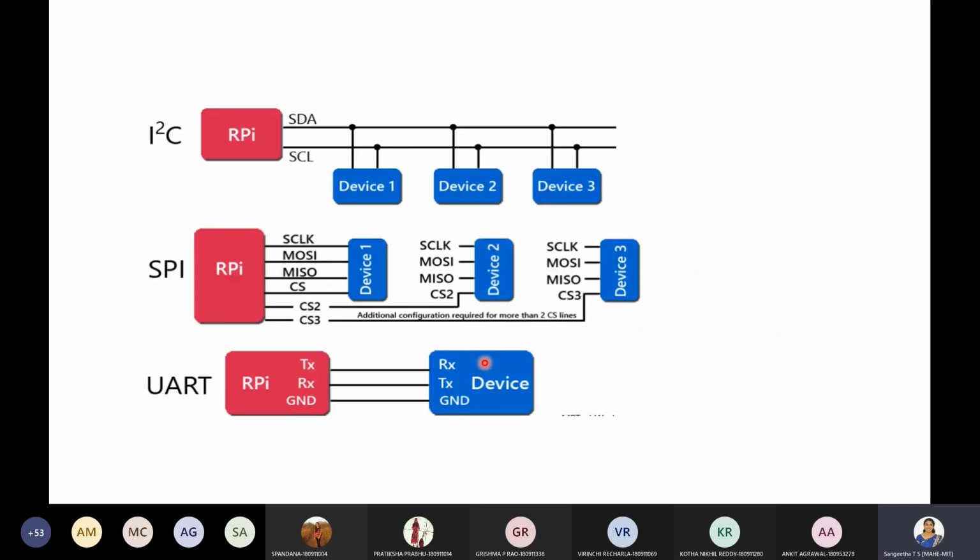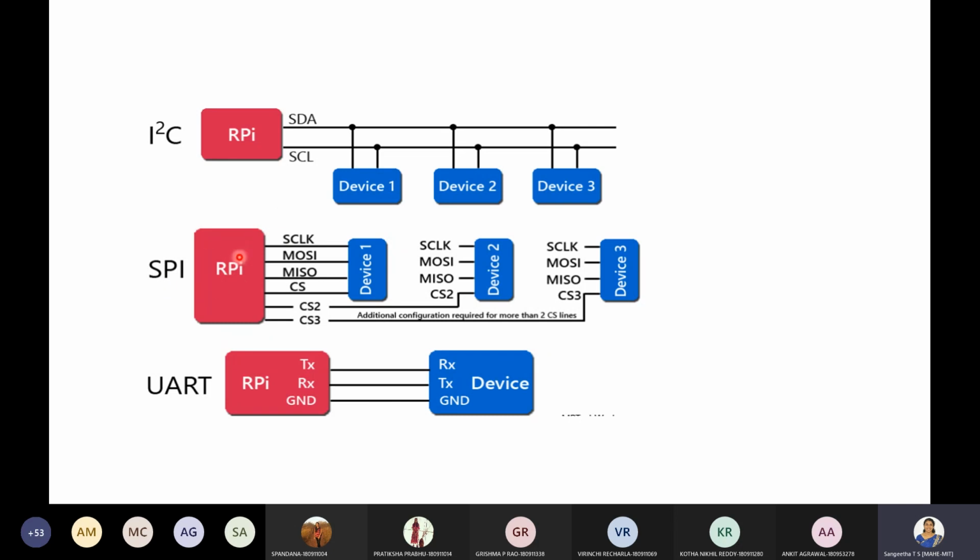2 pins. I hope you're familiar with such diagrams wherein you have the serial data address and the clock selector for selecting the clock. All of this you are familiar with. Here multiple devices you can connect using I2C.